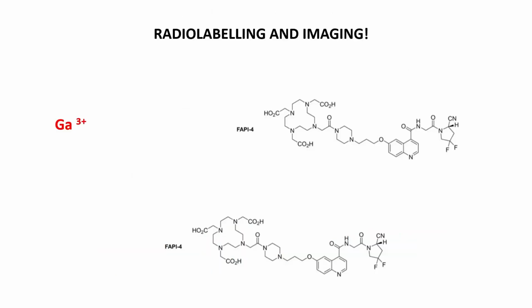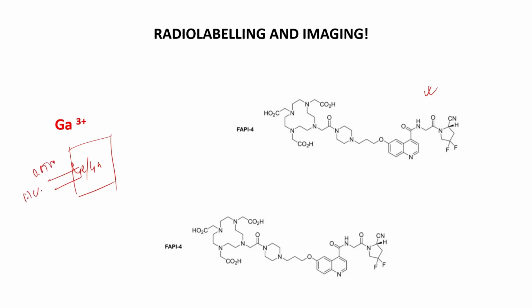And now we are moving to the next part, radiolabeling and imaging. So how do you radiolabel this FAPI? That's your peptide, or the small molecule, which you will procure from some companies. That's how FAPI-4 looks, and it's pretty good for tumor imaging. You have to use a radiometal to actually radiolabel this molecule. So basically, you have your germanium gallium generator, and you will use some element like 0.05